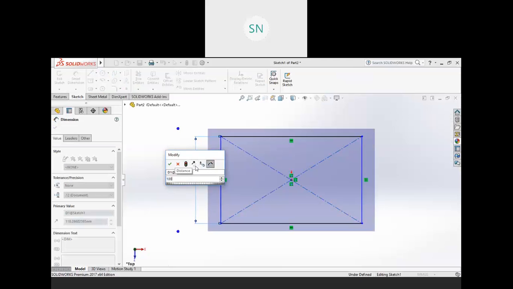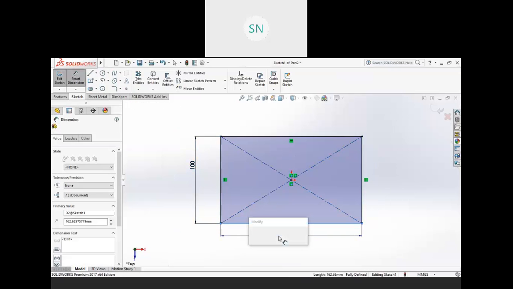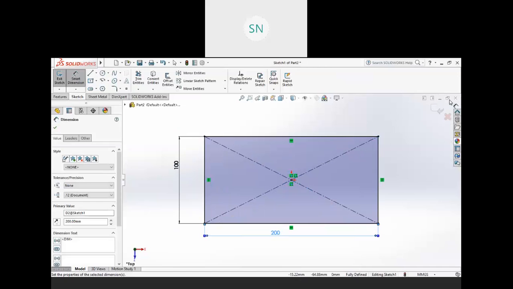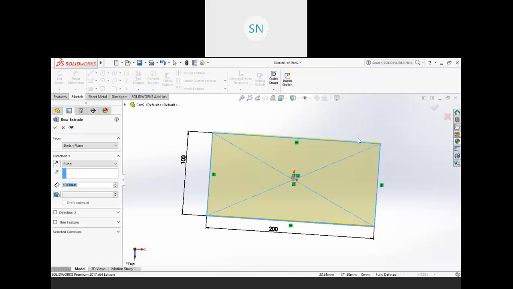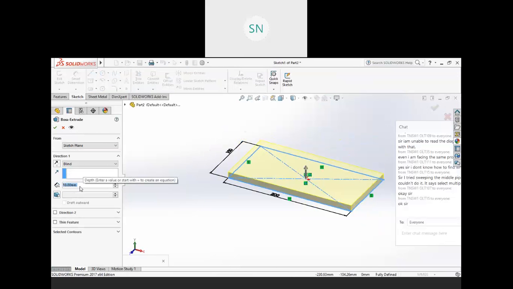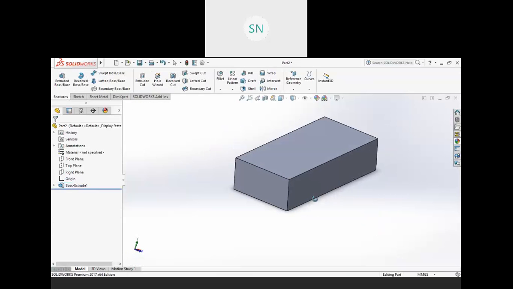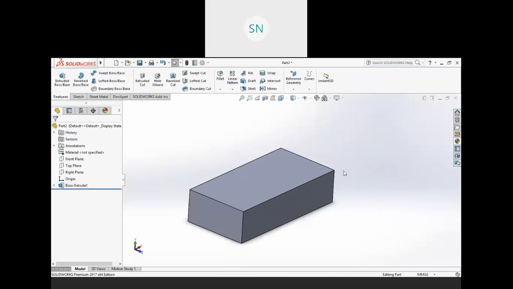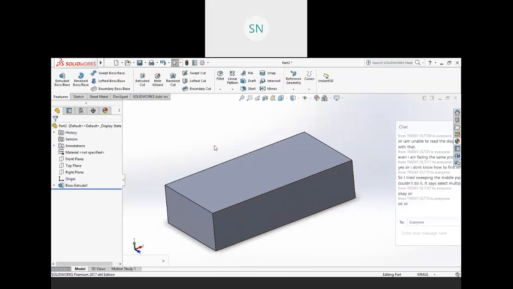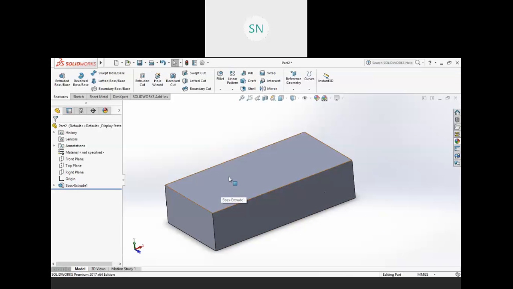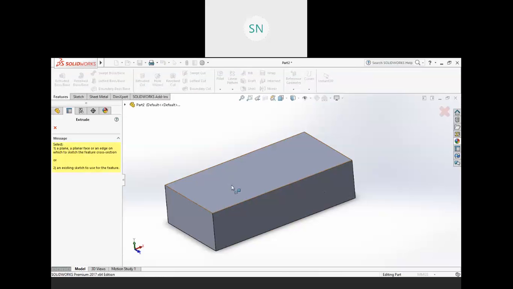So let's say 100 by 200, finish it, and the height should be 50. Okay. And now let's have one more feature, again extrusion.